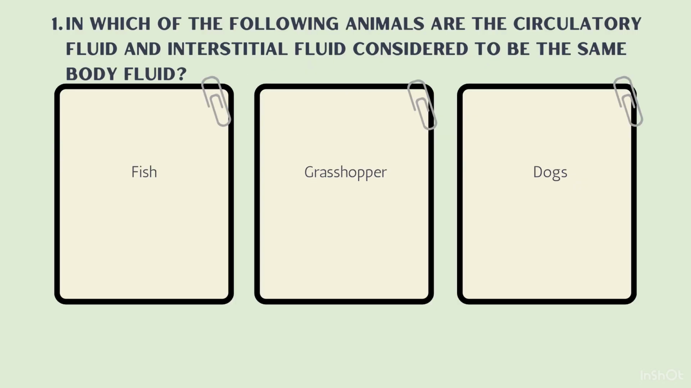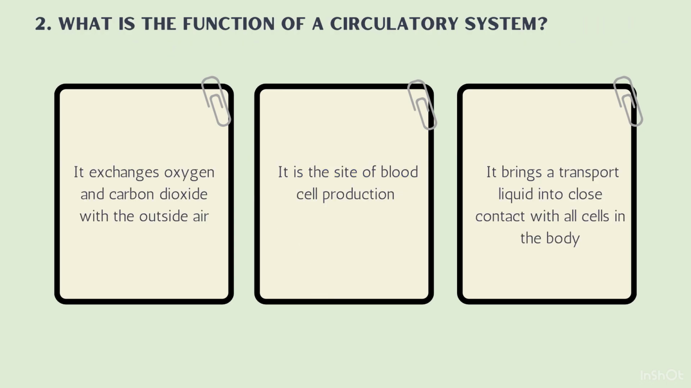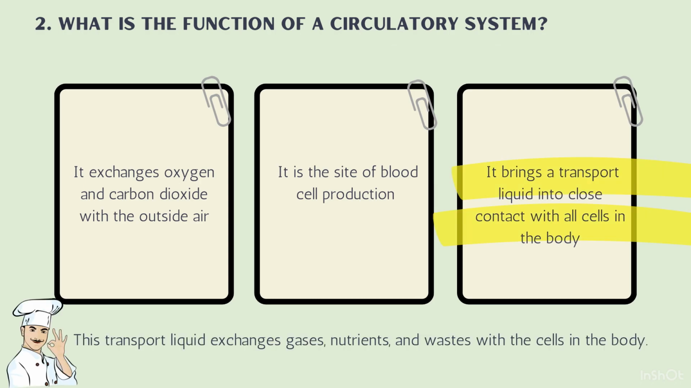So number one, in which of the following animals are the circulatory fluid and interstitial fluid considered to be the same body fluid? This is going to be grasshopper. Pause the video, try to answer these questions on your own. So number two, what is the function of a circulatory system? So the answer for this is going to be, it brings a transport liquid into close contact with all cells